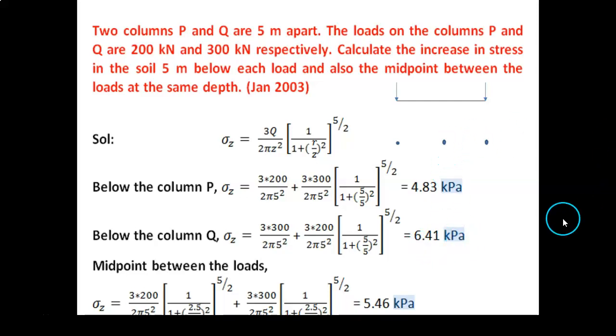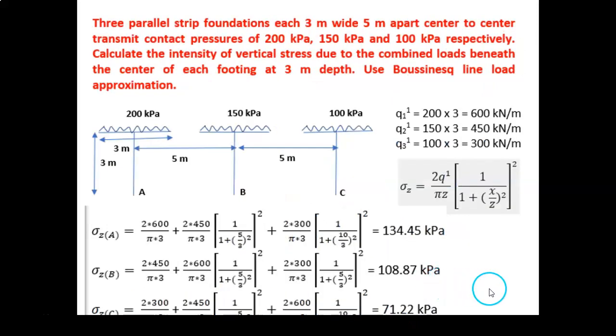Now we should also find the increase in stress at a point in between those 2 points, that is the midpoint of these 2 points. So if you take this point, then these two loads will become neighboring loads with a radial distance of 2.5 meter each. So if you take 2.5 meter in the equation and when you substitute the values in the point load equation, we will get the increase in stress as 5.46 kN per meter square. Next example,